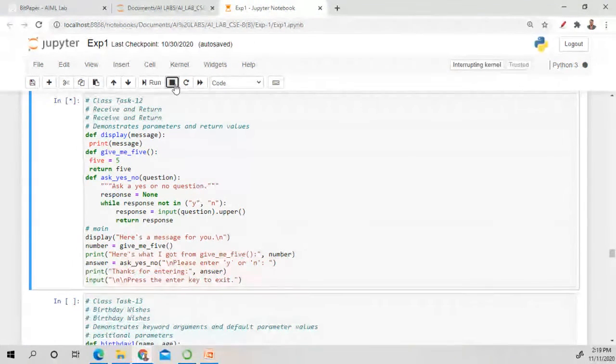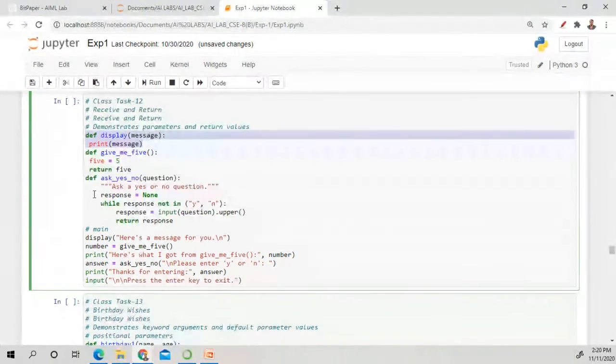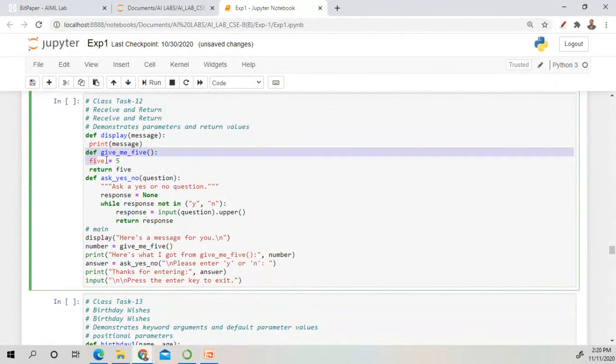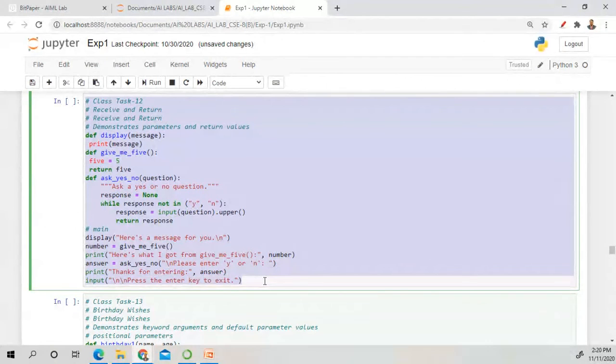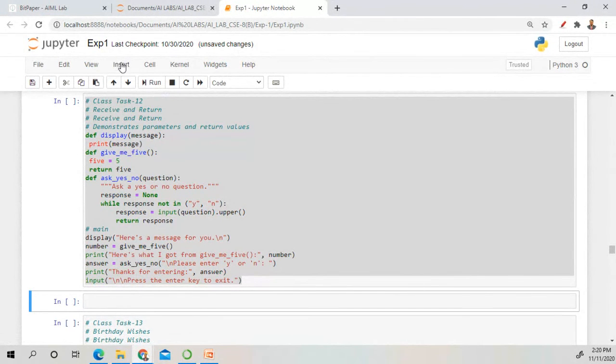It is executing and not showing us any output. So you can define the function and call those functions again. So let's take an example from here. We will insert a cell below this.